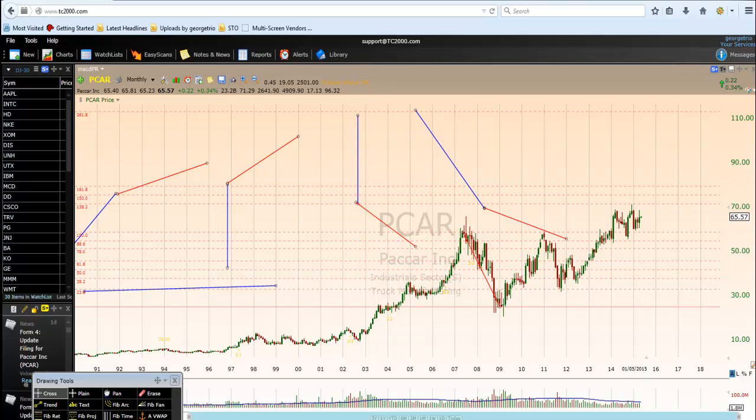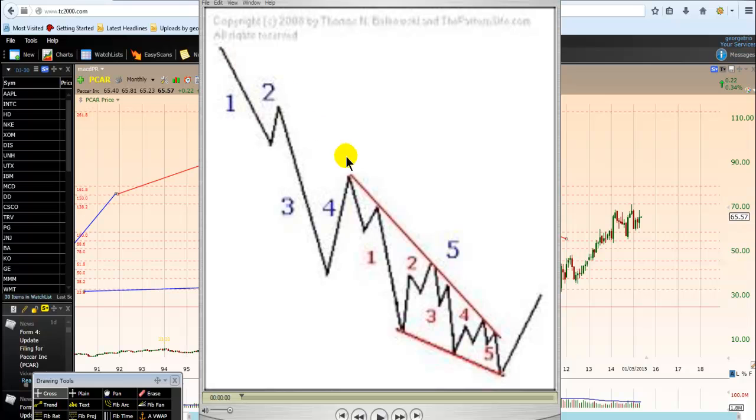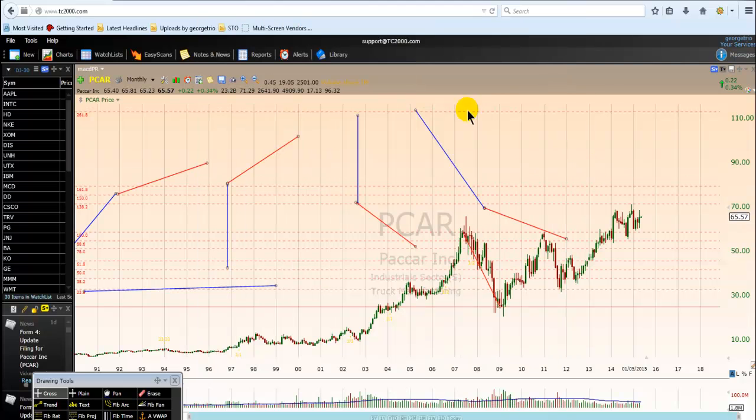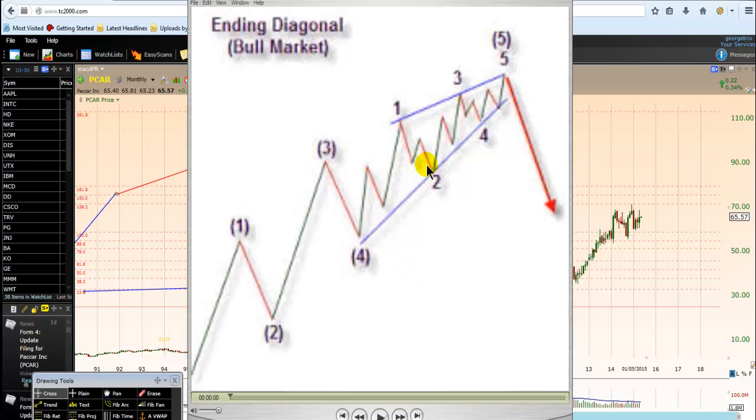So I want to show you here the first ending diagonal. This is the ending diagonal. You see this section here where there is a red line. This is the ending diagonal after a downtrend, okay? I want to show you another ending diagonal. This is the ending diagonal that you see, the blue line from here all the way up here. This is the ending diagonal at the end of an up move. All right, talking about the anatomy, the price structure of an ending diagonal, the internal waves.